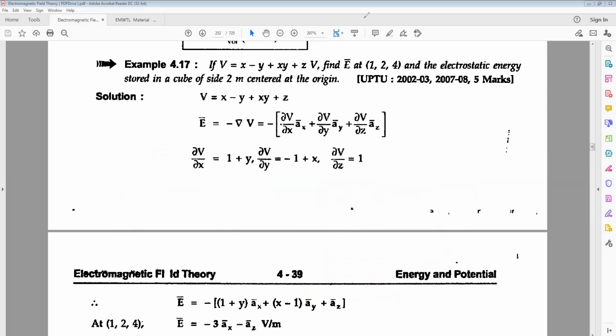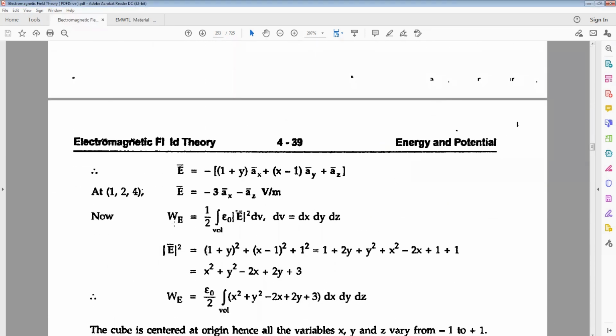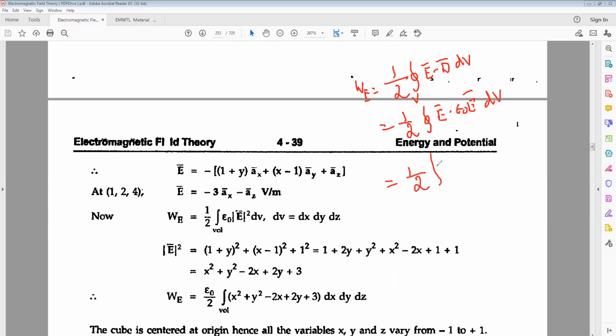Got it, my dear students? And also they are asking for the electrostatic energy stored, that is WE, and the formulas we have: W energy stored is 1 by 2 the volume integral of E bar dot D bar dv. And if it is in terms of only E bar, D bar is epsilon naught E bar, so that is equal to 1 by 2 the volume integral